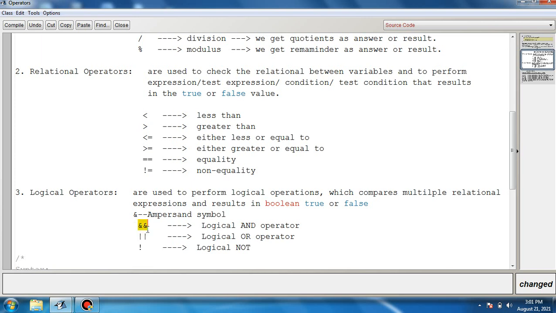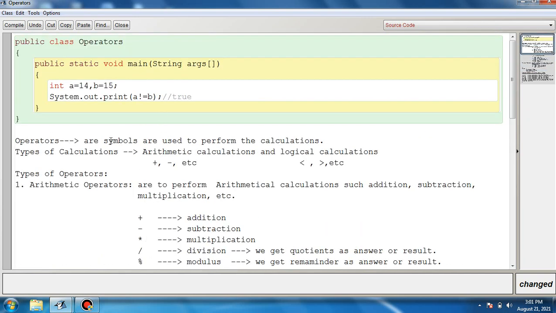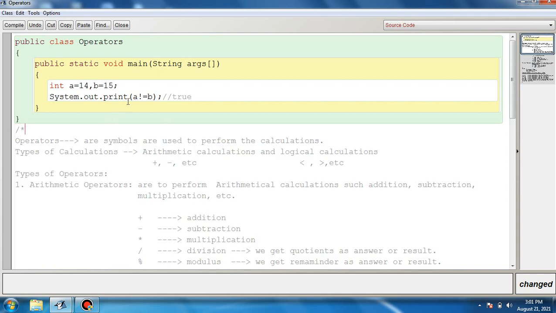And remember, these operators also result in what type of value? Boolean value, sorry, true and false. Now let us discuss practically how to use this. Last time we had discussed relational operators. Using relational operators we can form what? Expressions. What is an expression? An expression is made up of